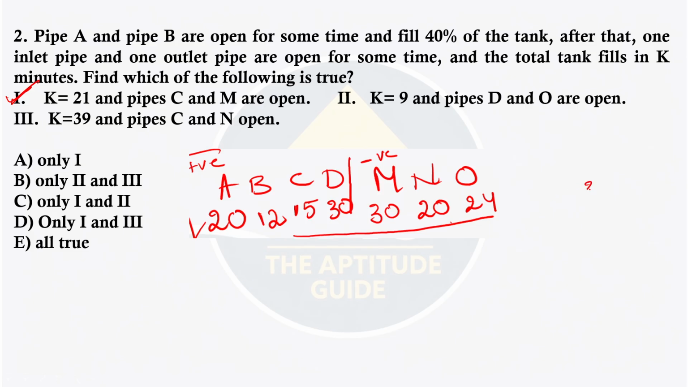So A and B together worked for 3 minutes. Hope you guys remember that part. So C and N now. C is 15 and N is 24, with the LCM of these two being 120. So C can fill 8 units per minute and N can empty 5 units per minute. Fine. If these two work together, 3 units will be filled in